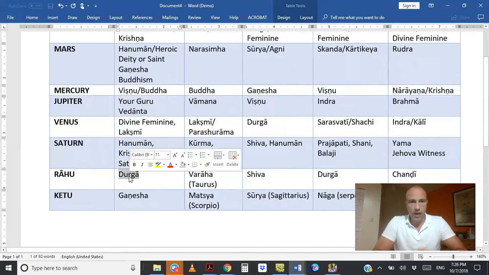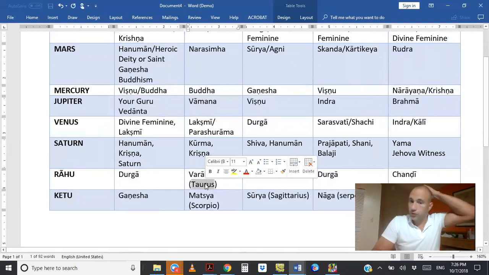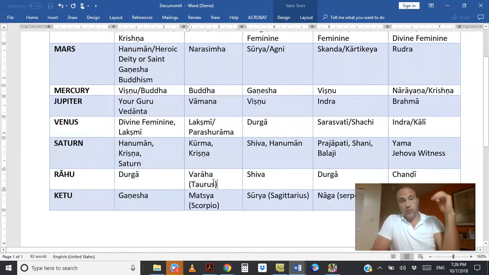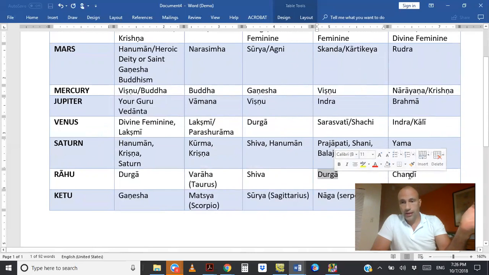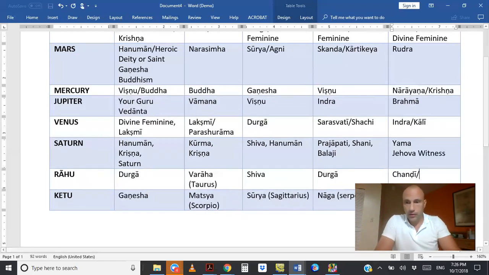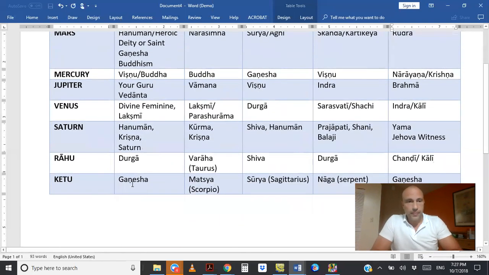Okay, Rahu, Durga, the divine mother in her fierce aspect. Rahu exalted, which for this consideration we consider in Taurus, would be the form of the divine boar, Varaha; in its own sign Shiva, again Durga, and then Chandi or Kali, debilitated or in an enemy sign. Okay, then Ketu, Ganesha,